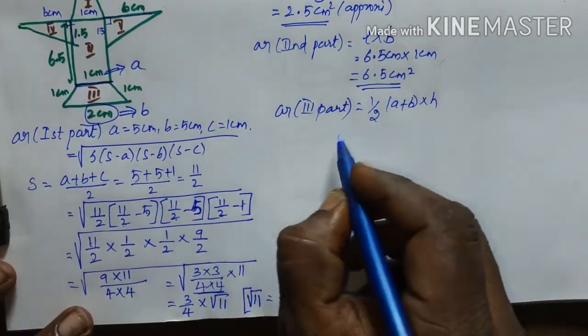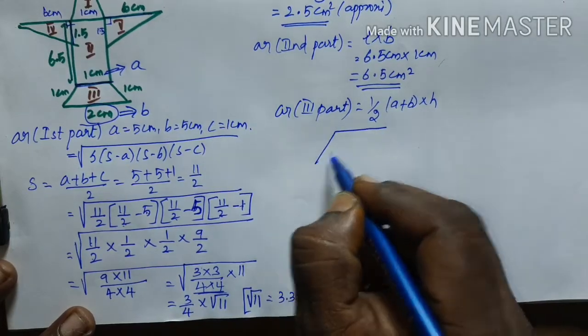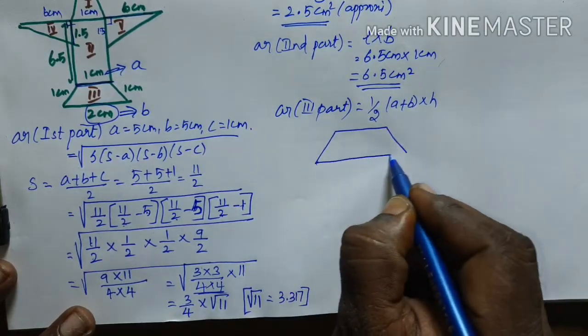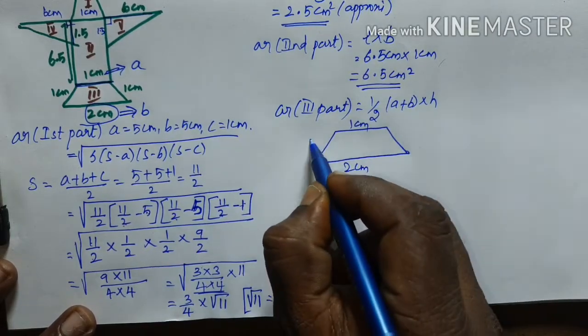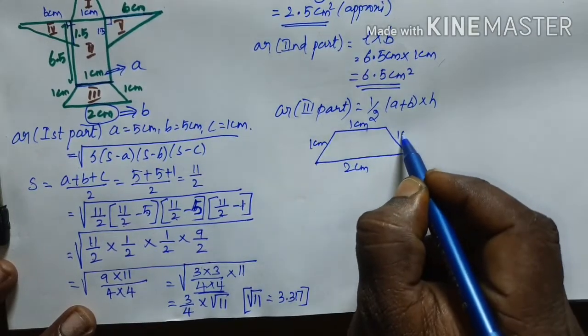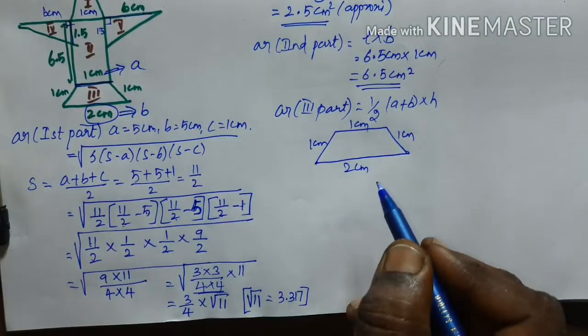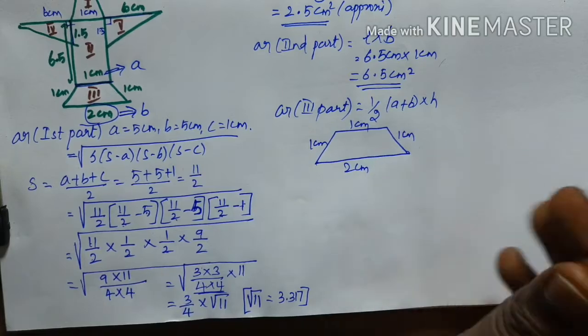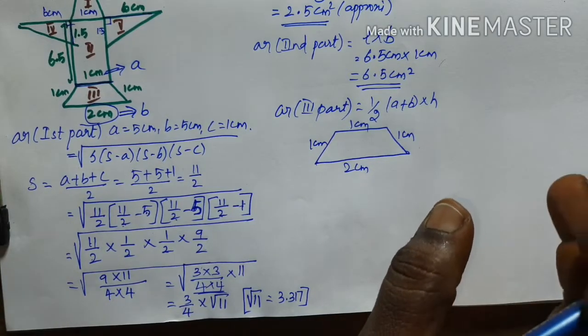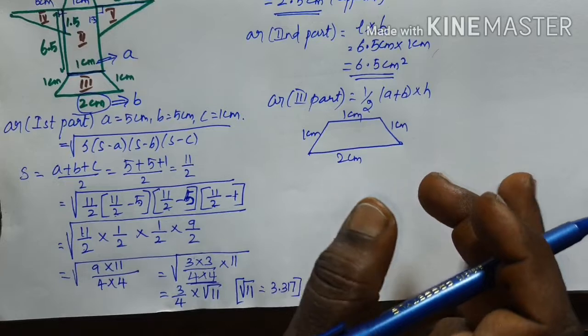So for your explanation, I have drawn the diagram also. So see the condition first. This is the given values, 1 centimeter and 2 centimeter, and here the side value is also 1 centimeter, and the non-parallel side is also 1 centimeter. But we need to find the height value here. How to find the height value is the important concept also. See the condition clearly first.